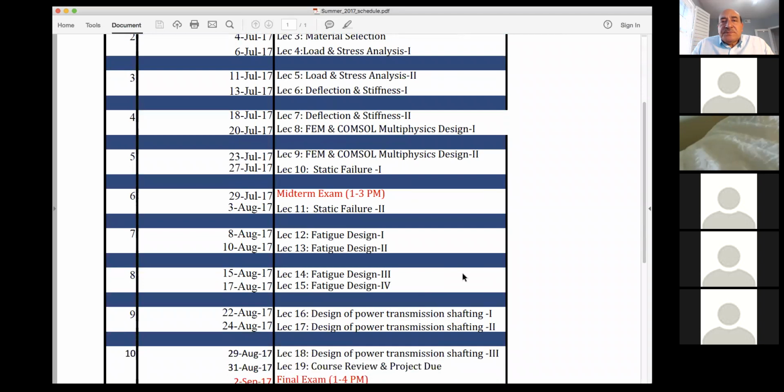So that part is intimately related to the second project, which we will do also as a team. And the second project is designing aspects of a gearbox. We know gearboxes are very important in power transmission. The second project, which will be in parallel to the last 2 weeks of the class, will be just on that.